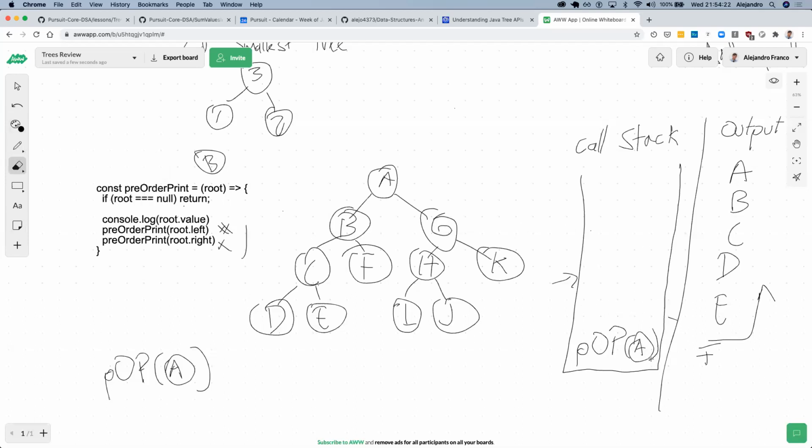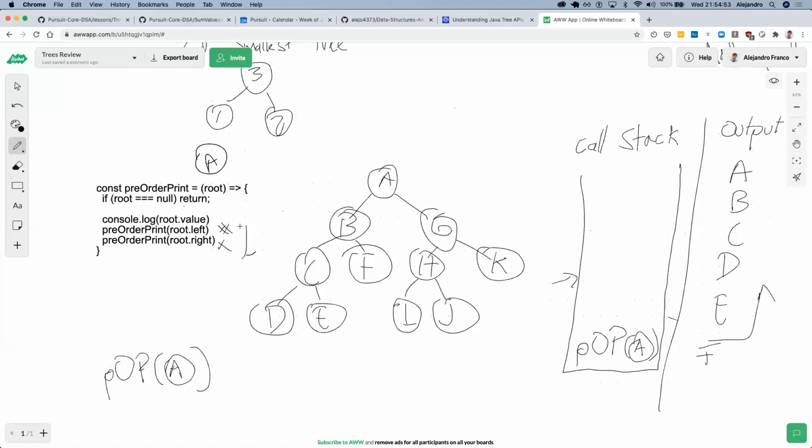And then at that point, and this is the last thing I will leave you with, we went back to the context of A. B got printed here. We finished on the left of A. Now our algorithm will go on the right of A, and this goes back to being the node with value A, right?